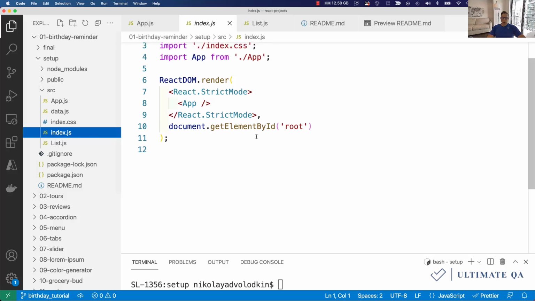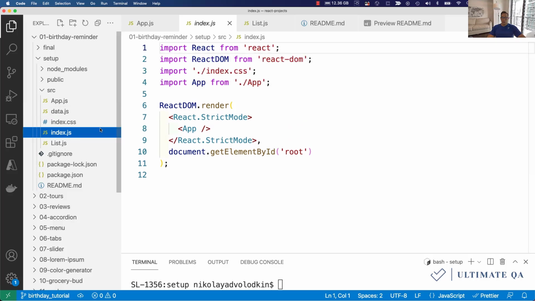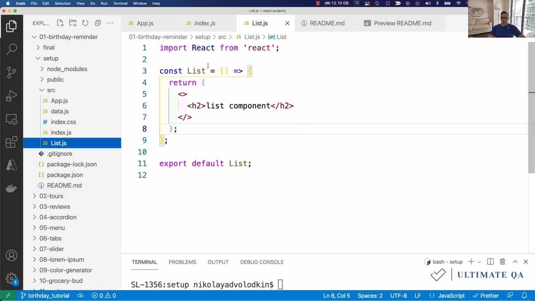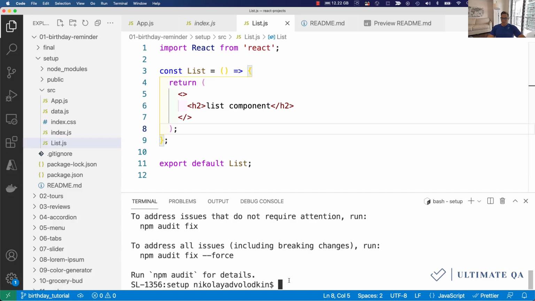In index.js, this is our entry point for our application. And then our list.js will contain the list of users, and we're going to iterate over them and you'll see exactly what we're doing here. But in the meantime, everything should have installed, and if we do npm start,